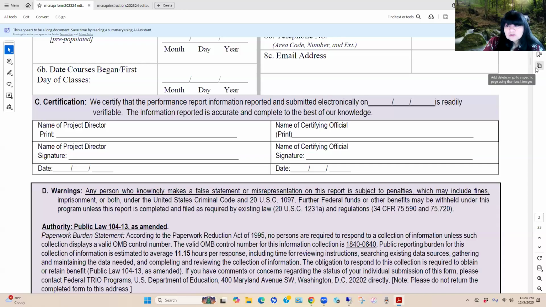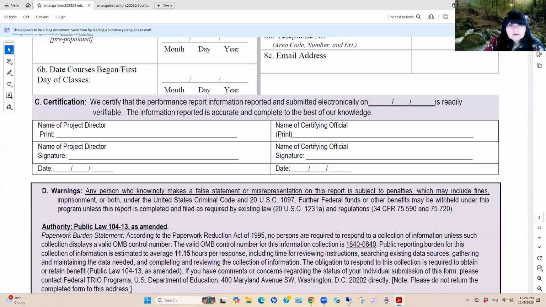You'll also notice that included within this certification are warnings, meaning that if you knowingly make a false statement or misrepresentation, you're subject to fines, penalties, imprisonment, or both. If you think about this particular process, this is a form. In prior years, we used to have to get the signatures, scan it and upload it.